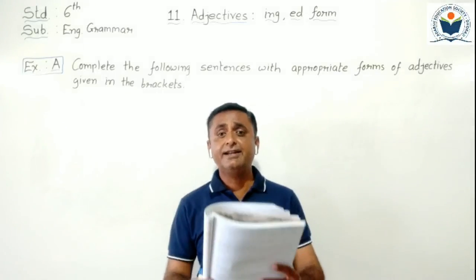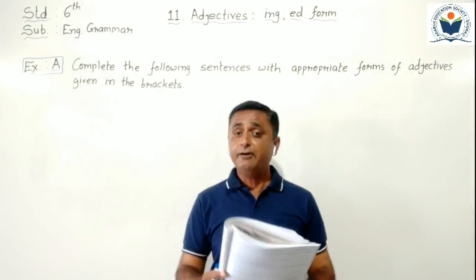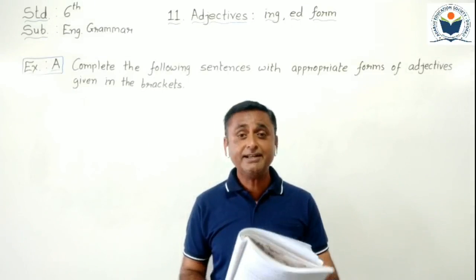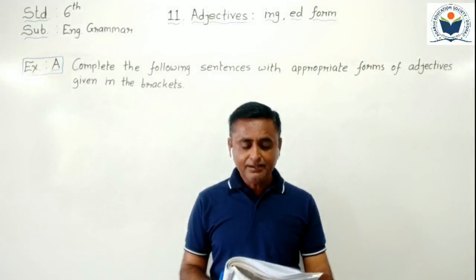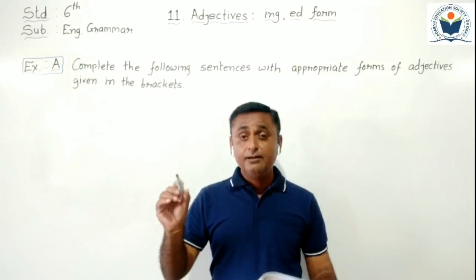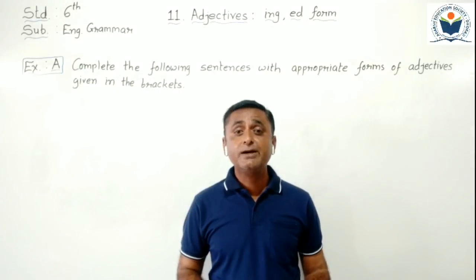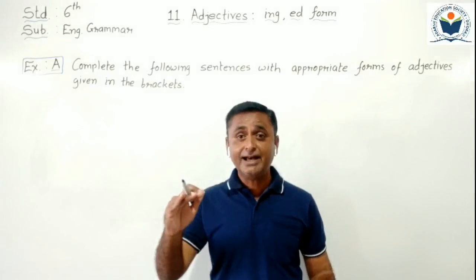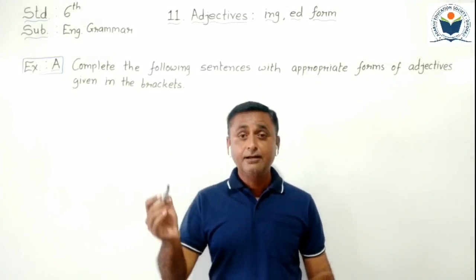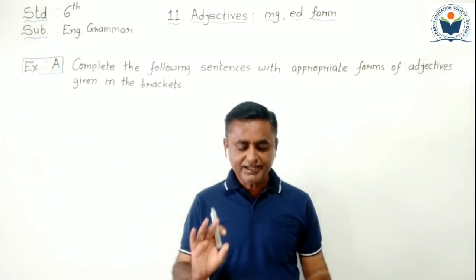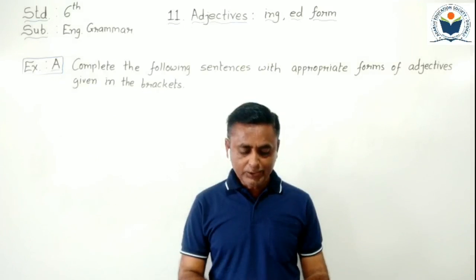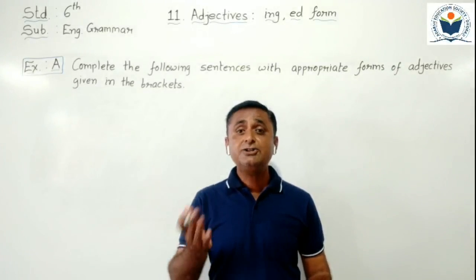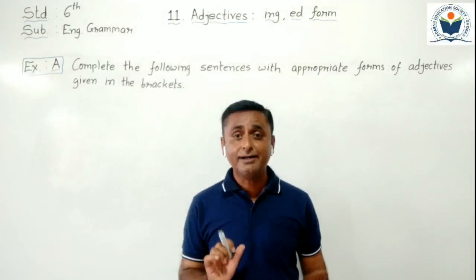So the first sentence I read from the textbook. Keep attention here. Everybody just open your textbook and see with me. Okay, the first sentence is given here: I feel blank, and in brackets one word is given, bore, B-O-R-E, when watching classical movies. Here in the first sentence I say that I feel this, bore word is given, when watching classical movies. Now according to describing things or emotions, we have to put ing or ed form of bore.